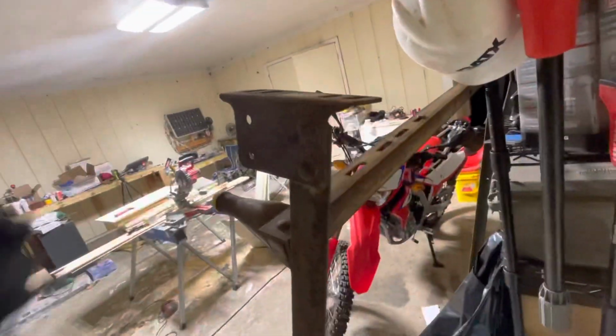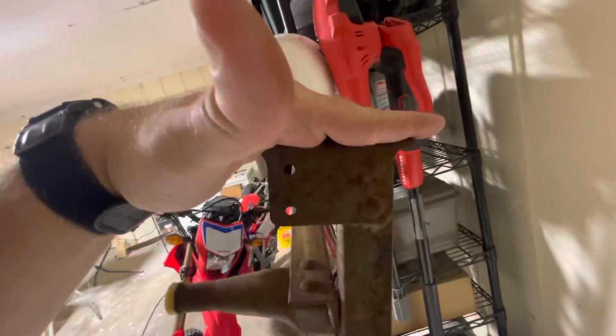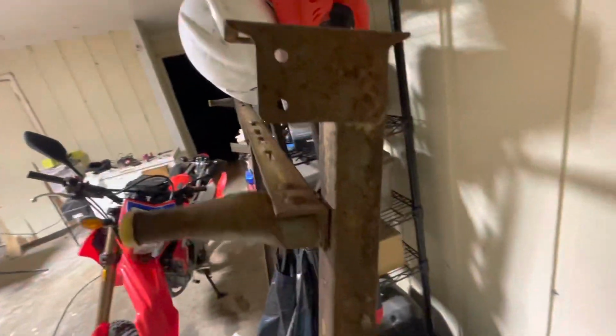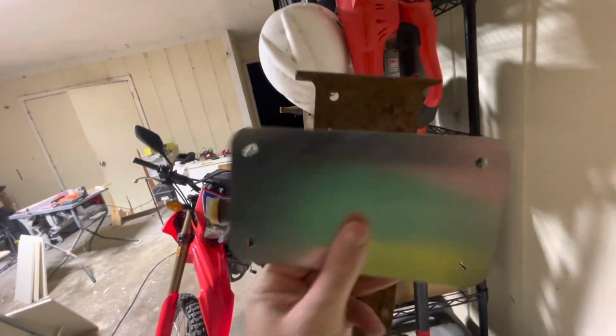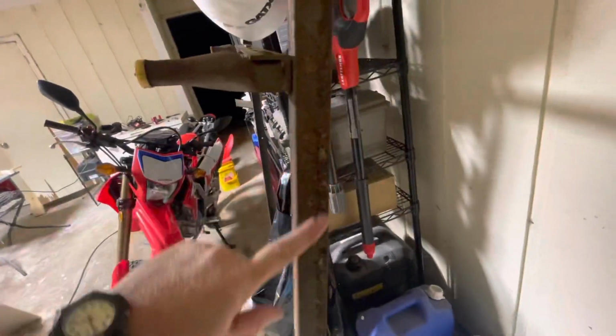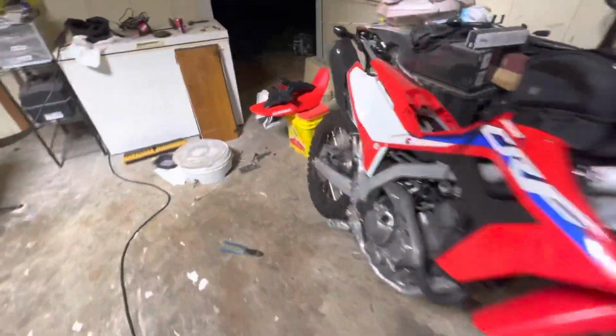I'm looking here. That's gonna be pretty nice right there. So yeah, we're gonna get that mount to the base of the bike, and then we're gonna get another angle down because we have to get it a little lower, about right here. So we're gonna cut this bad boy off, cut us a piece of this angle, get her lowered down, because if we go back to the bike,